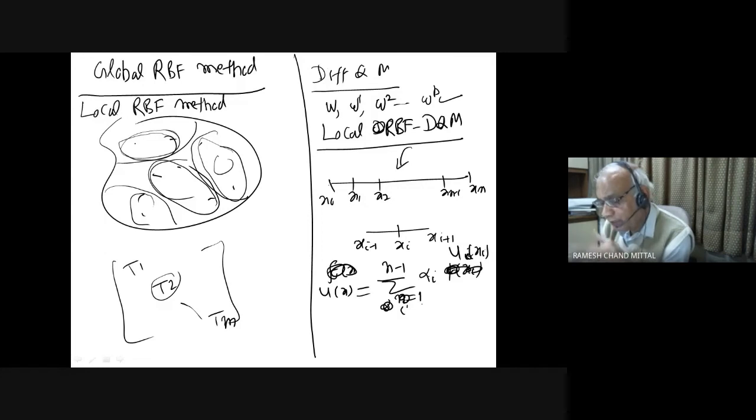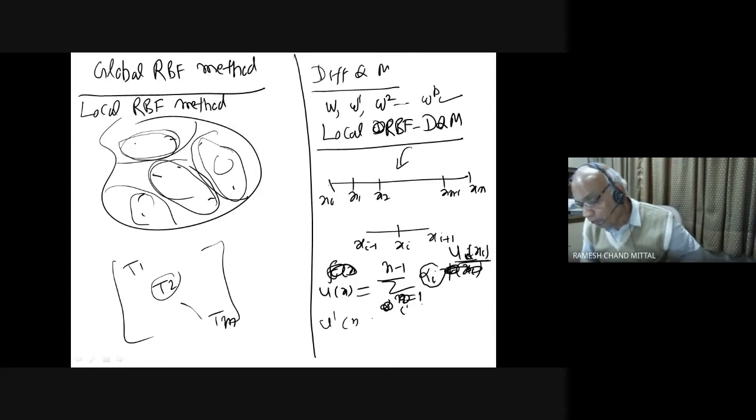I will get matrix, u will be the solution directly. So I want to write in terms of the node point, the value at the node point of the node function, and alpha i. My problem is to find alpha i, and same way u prime x, and so on and so on. So how to find if my points are three points? If I take my 3 points, in that case you can see that if I